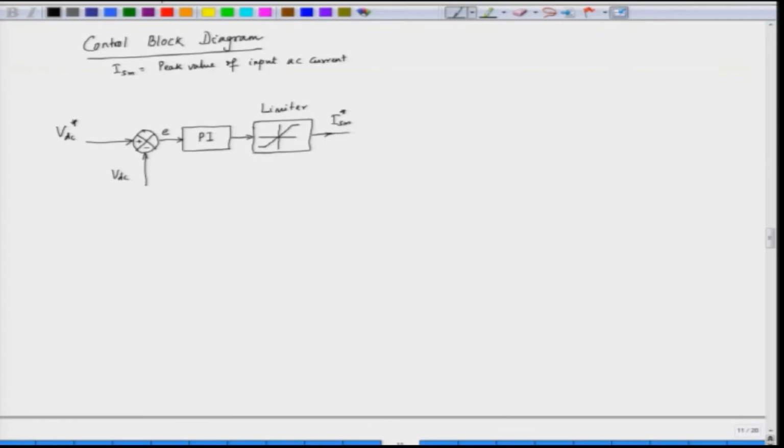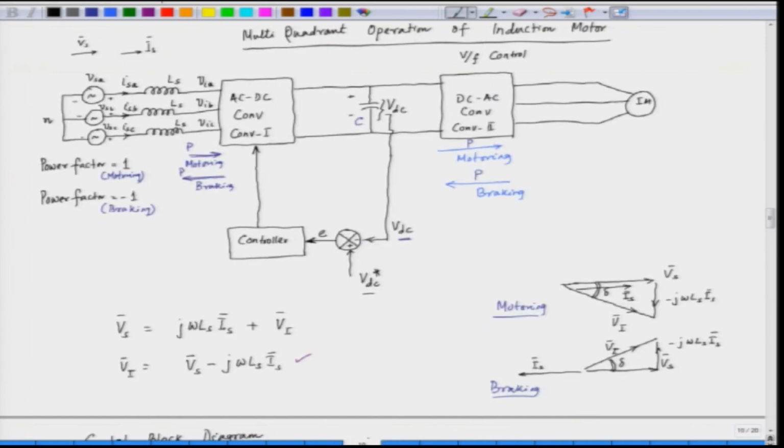Now, this current is multiplied with a value which is sin(omega t plus pi by 2). We have a phase lock loop from which we get this omega information. Omega is the input supply frequency, plus pi by 2, we have a phase difference of pi by 2. Basically, what we are simulating here is j, a rotation by pi by 2, and we have a negative sign here.